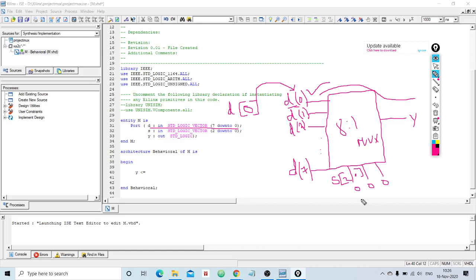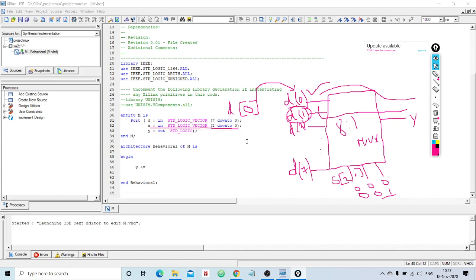And if the selection line has the value 001, then it will choose data line 1. If you are supplying 1 through this line, then that 1 will be sent as output. So this is how it will work. Clear? With this understanding, let us write the VHDL code.